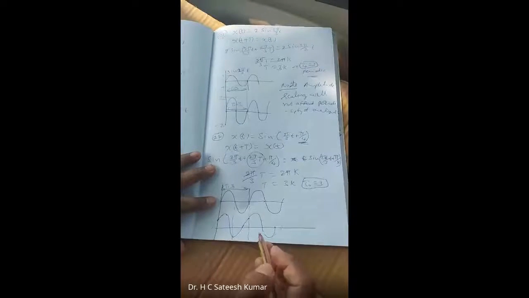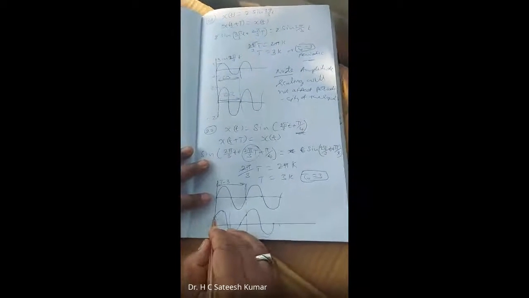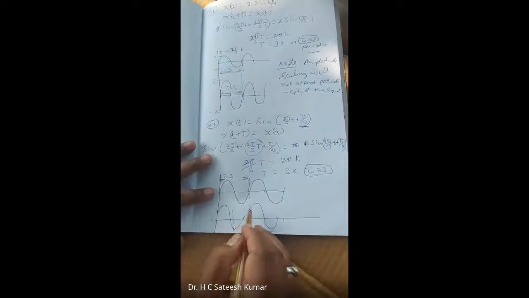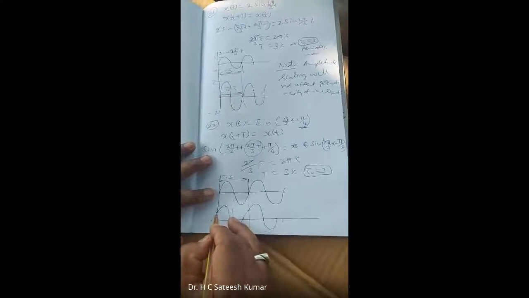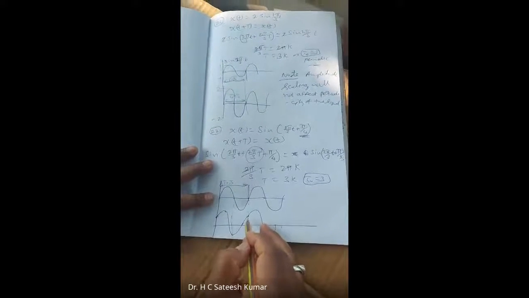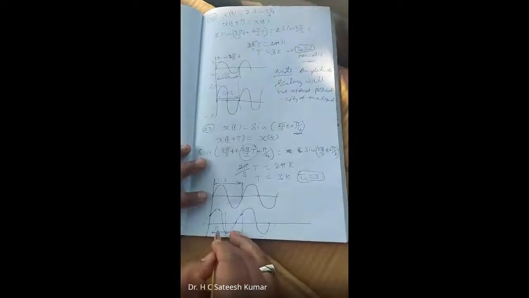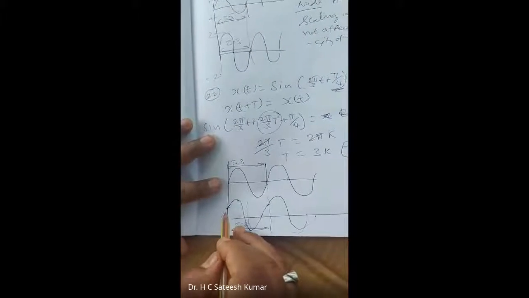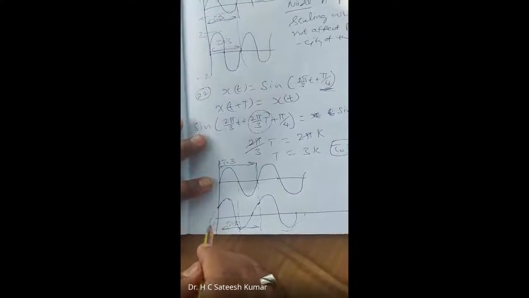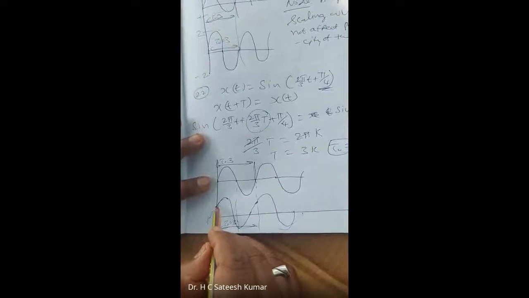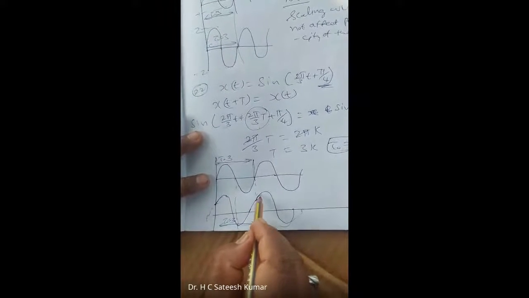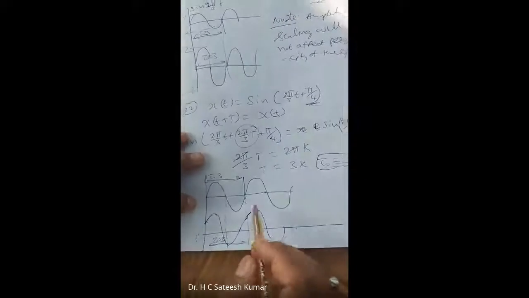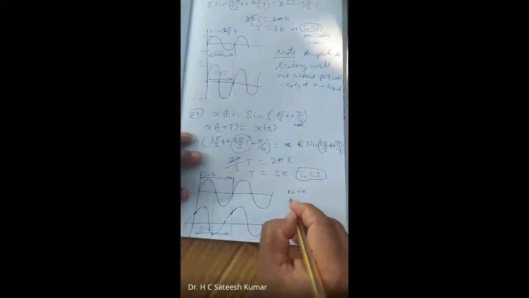Anyhow, now we check the periodicity. Period is nothing but, from where you started, you have to go up to the same point so that it does not repeat. I started here, so I have to end at this point only. That is the same thing, T naught is equal to 3. The signal is advanced by pi by 4, but it started here and came back, and the same thing is repeated from here. That's why I have stopped at this point. This is nothing but the period T.